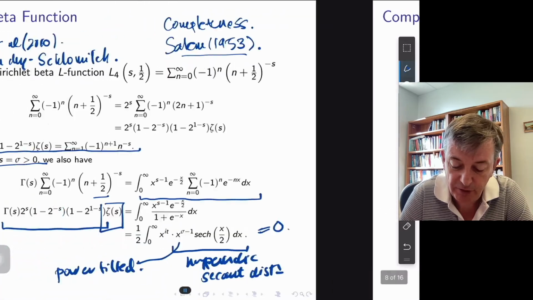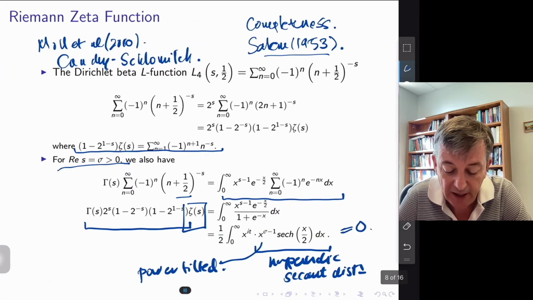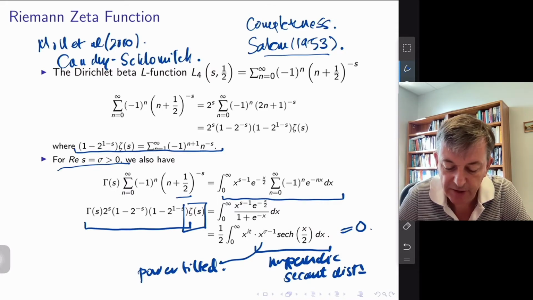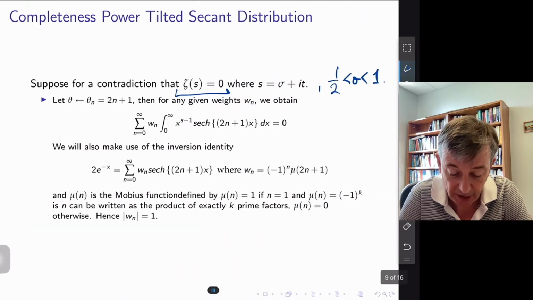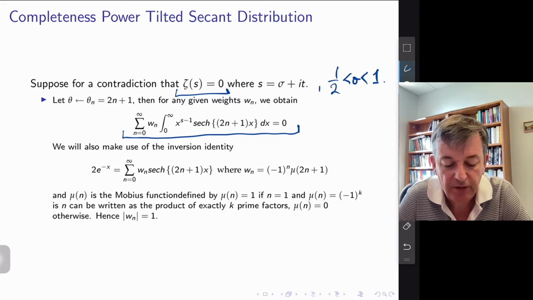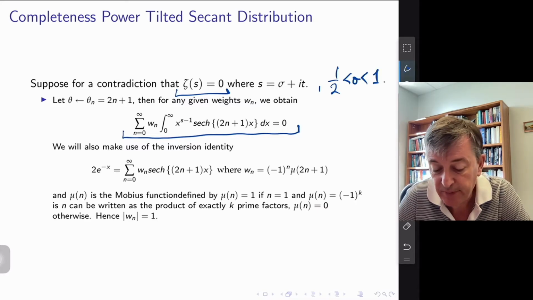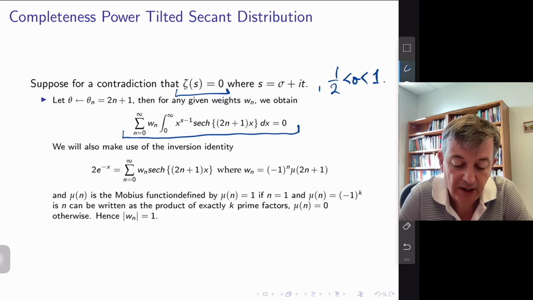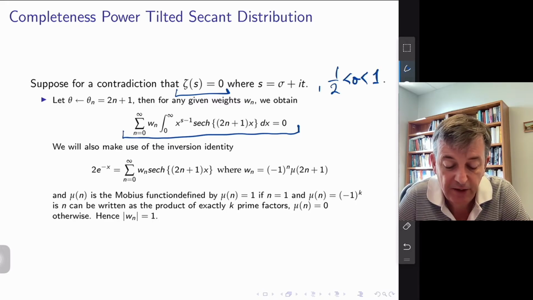And then essentially from our Salem formula here, I know that all these integrals are 0. I can transform x to any constant times x. So I can go up here, and I can also add any weights. So, suppose for a contradiction that zeta of 0 is equal to, that the psi function is equal to 0 in some part off the critical line, essentially I'll get a set of inequalities. I get an inequality that looks like this.